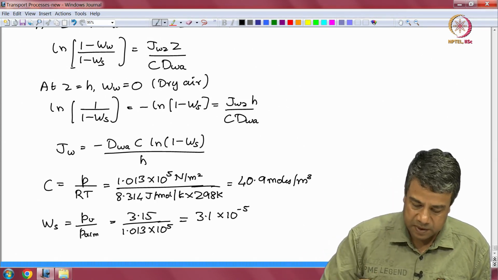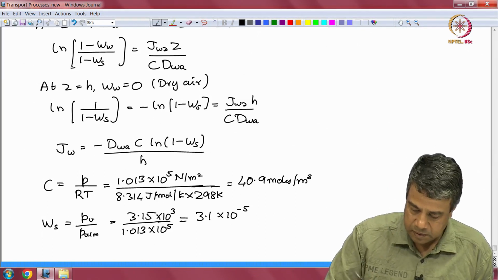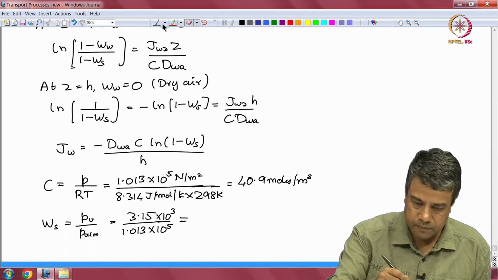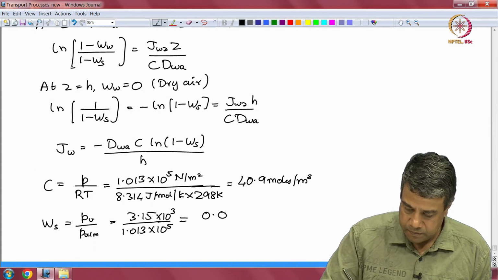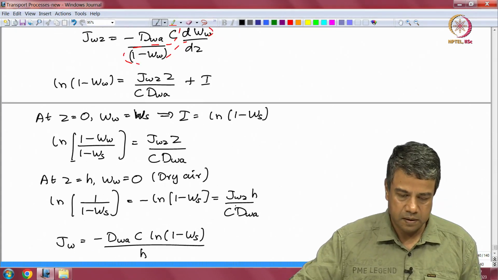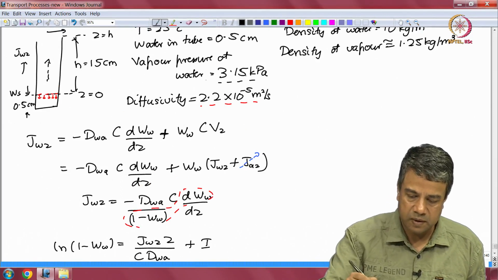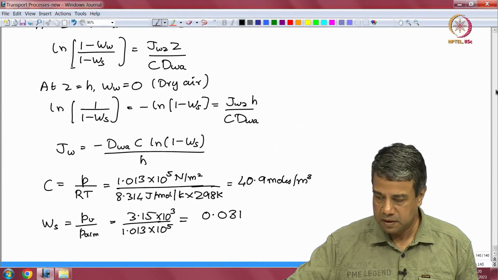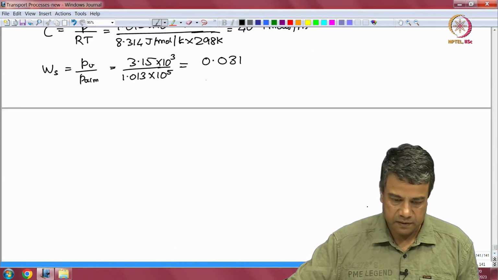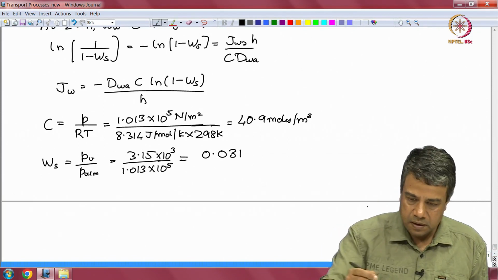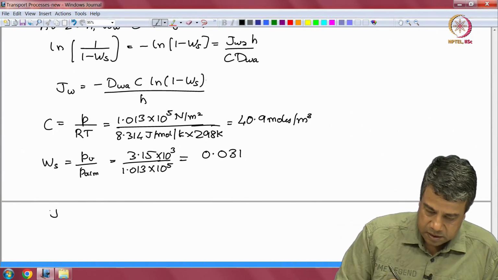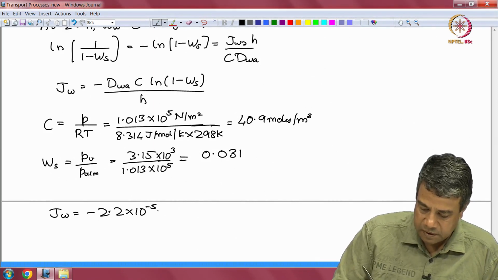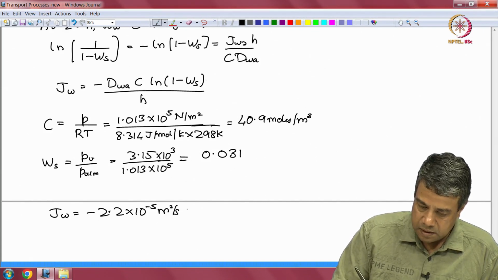Sorry, 3.5 kilopascals. Okay, so this is 10 power 3. Note that the vapor pressure is 3.1 kilopascals, which is 3.1 into 10 power 3 pascals, and the denominator is atmospheric pressure, 1.013 into 10 power 5. So, substituting these, JW is equal to minus 2.2 into 10 power minus 5 meter square per second,